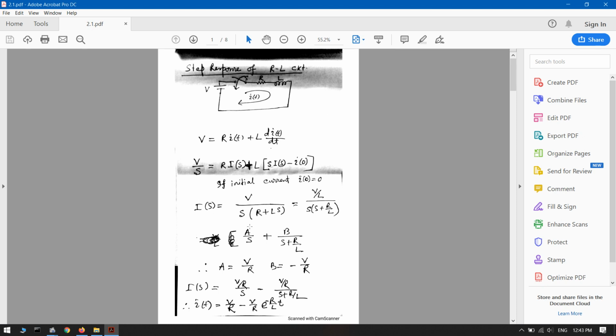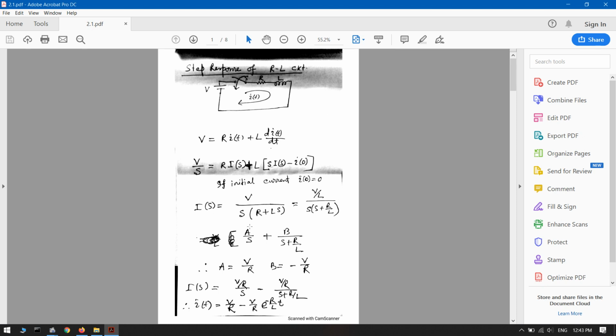If you go through this derivation, I think you will be able to understand. If you do not understand, please ask me in the next class, I will explain. Very simple derivation, a little bit lengthy. Okay, now,